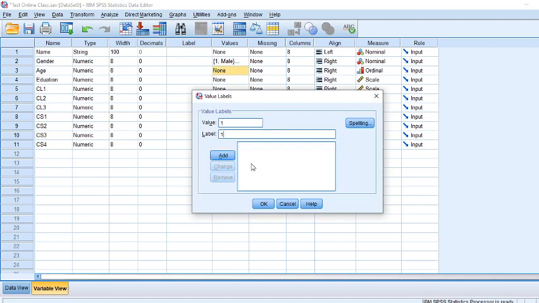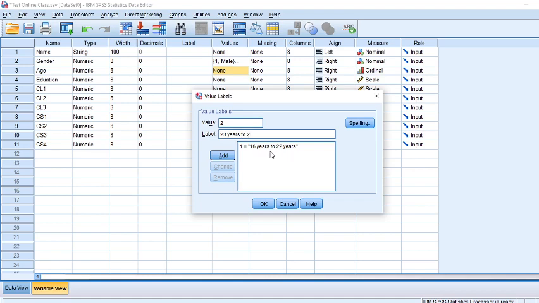One for 16 years to 22 years. 2 is 23 years to 20.